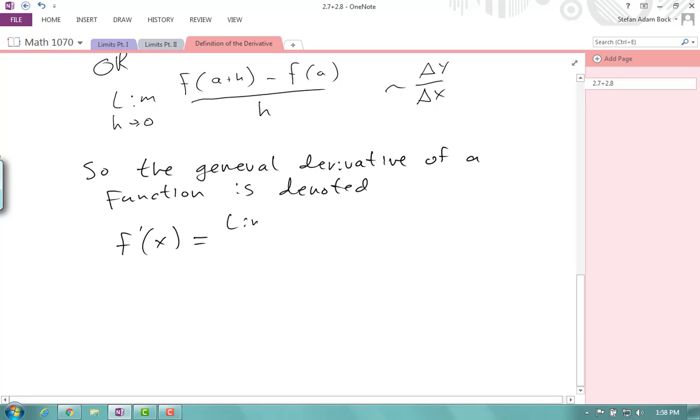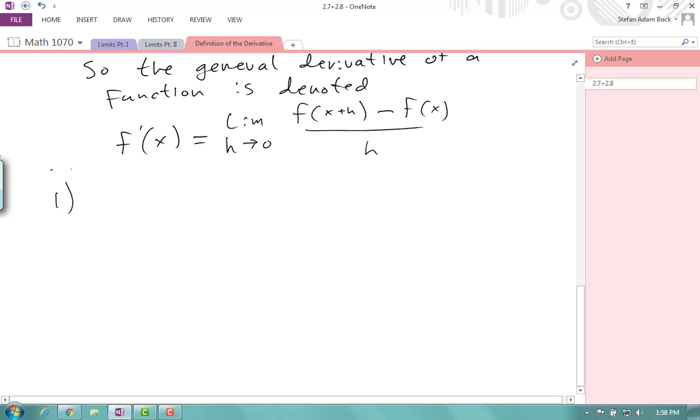So the general form for the derivative of a function is denoted f prime of x, which is equal to the limit as h goes to 0 of f of x plus h minus f of x divided by h. And this is what we need to use in order to determine all of our original derivatives. So for example, if I have my function equal to the square root of x minus 3, and I need a derivative of that function,